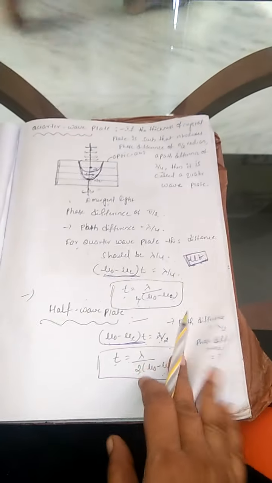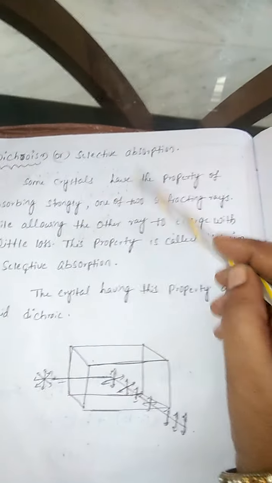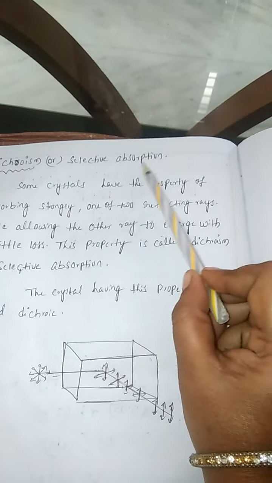So this is about the half wave plate and quarter wave plate. Next topic is dichroism. Dichroism means, it is also called a selective